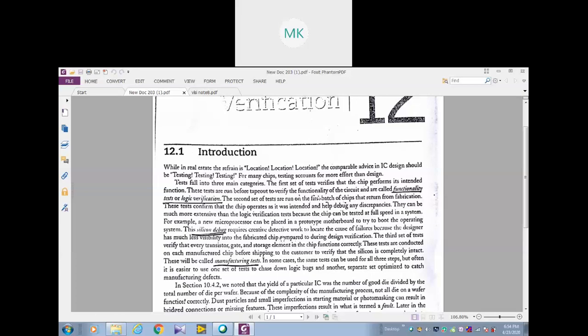Now the third level is called manufacturing test. That is, we are testing each individual chip before sending or delivering it to the customer.